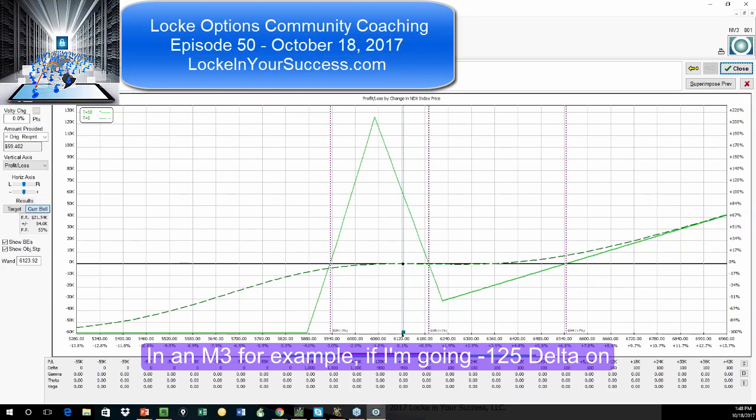In an M3, for example, if I'm going minus 125 delta on an M3 and I back test it, I notice that I always lose to the upside when we have big up. Oh, well, that kind of stinks. So I cut it back. If I go to 0 delta, I might find that I take on too much down risk that I'm comfortable for. Now, the thing with the M3 lately, particularly in the last several years, you're much better off being more